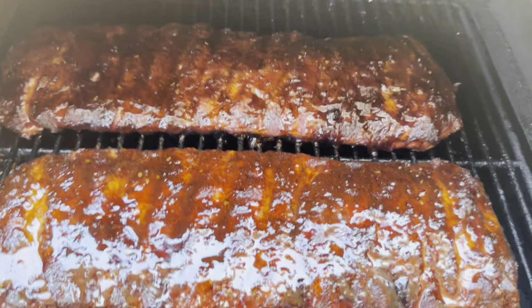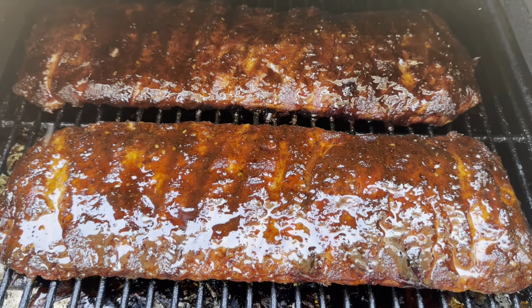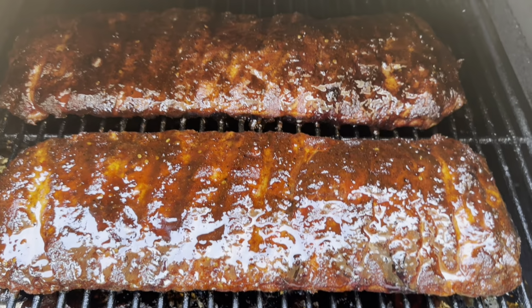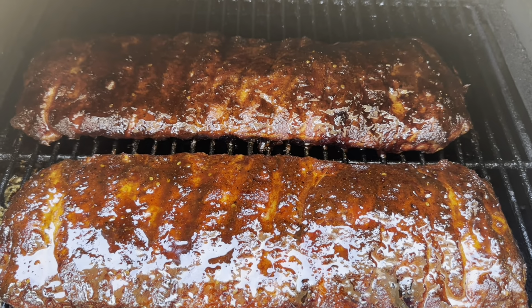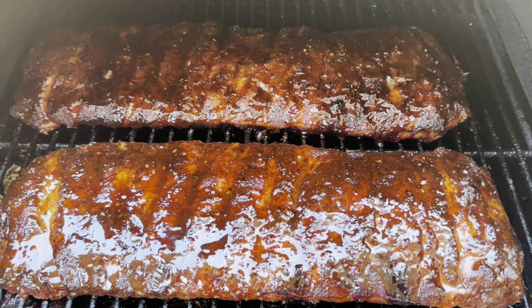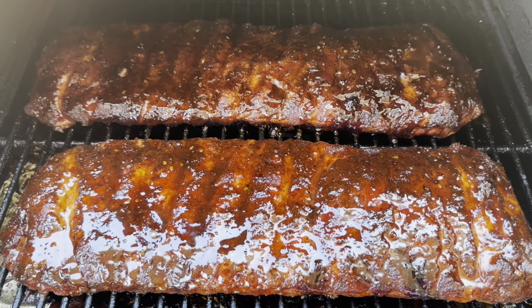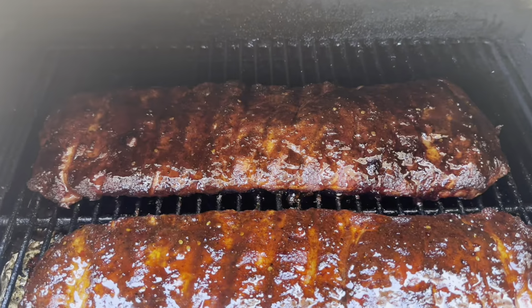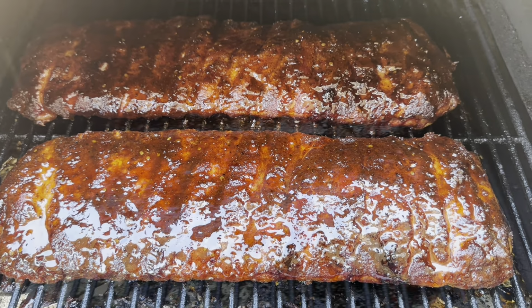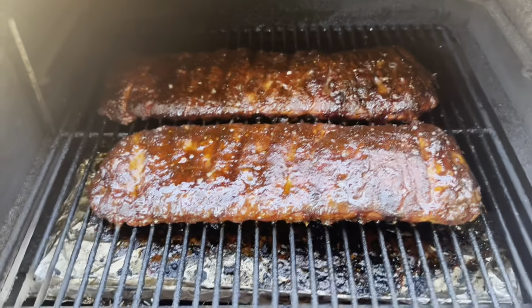If I was to cook a competition, we've done like between friends and neighbors and stuff like that, right? If I was gonna go ahead and put these in a competition just amongst our friends, I'd wrap them right now because the color on them is great. But yeah, I'm just not. I'm gonna try this no wrap method. So spritz these,